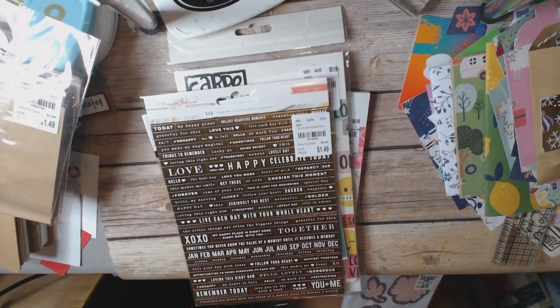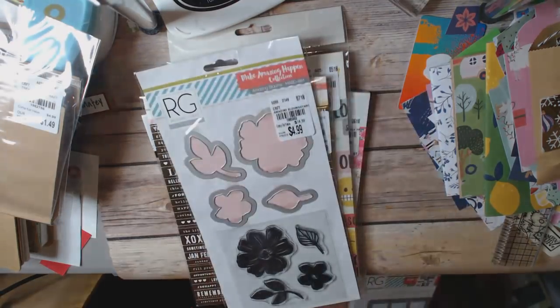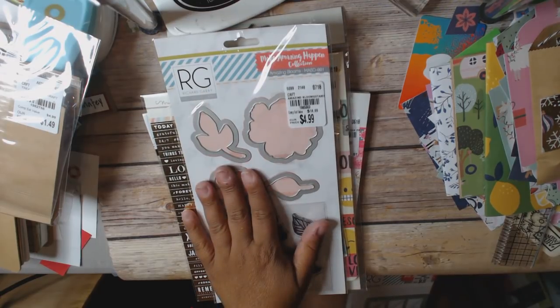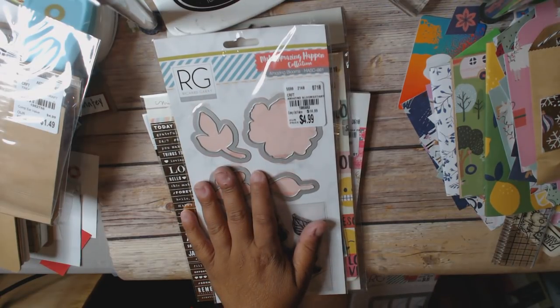So they did have it at Tuesday morning, and I did get some of it. I didn't get all of it. I just got the stuff I thought maybe I would use. So I got this one. This is a stamp and die set, and this is $4.99. It's